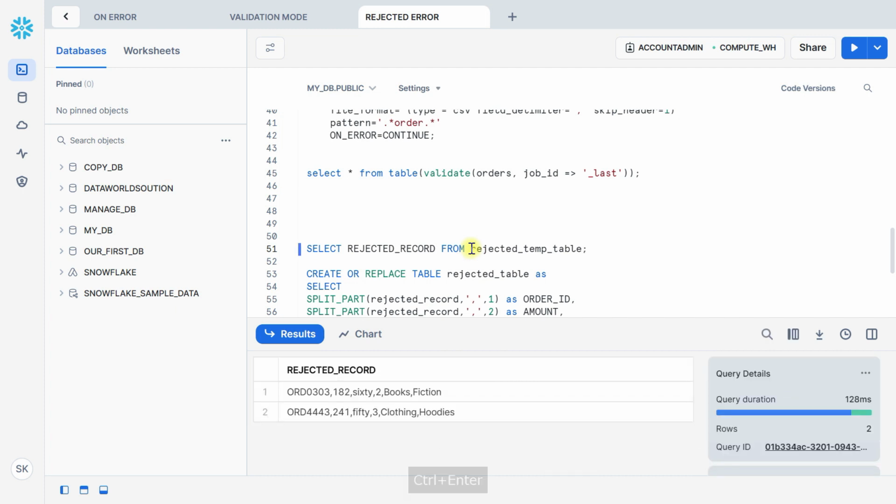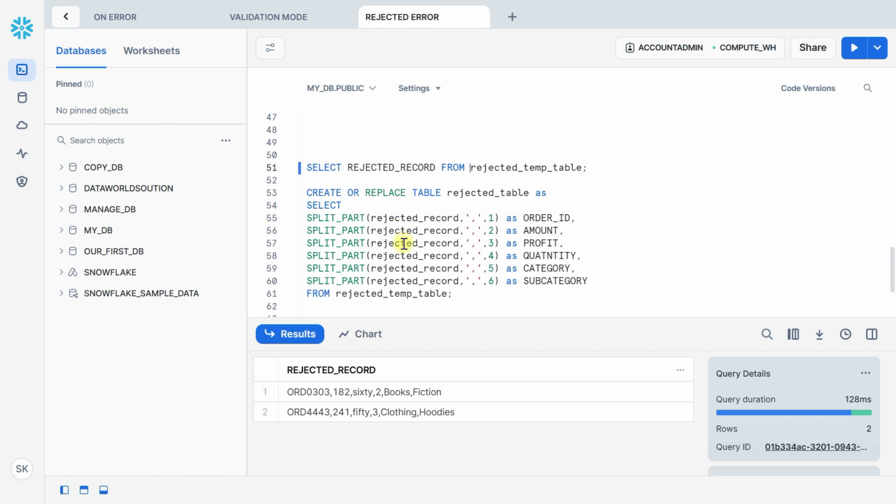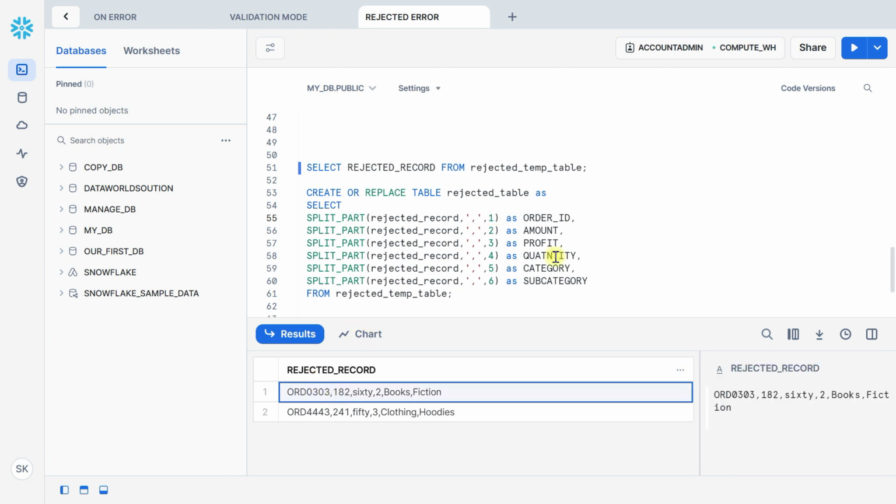Let's see the error. We want to create this record in a separate table, so here I am using SPLIT_PART. This splits all the comma-separated values into different columns using this function. So we select SPLIT_PART of rejected record, this is the column name. The delimiter we want to separate on is comma, and this is the first part, then the second, so we use second, third, fourth, fifth, sixth. There are six comma-separated values, so we use first part, second